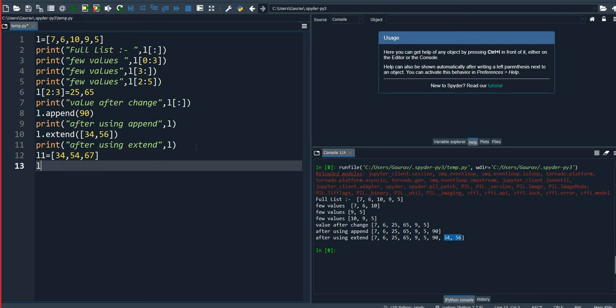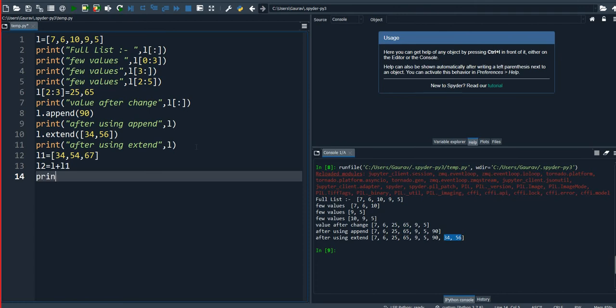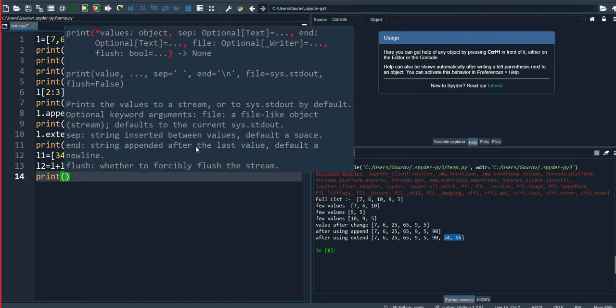Now suppose L2 is equal to L plus L1. Now when we print the addition of two lists, L2.